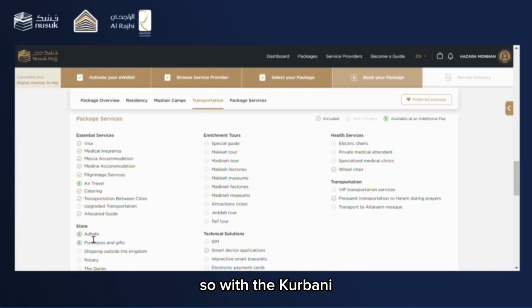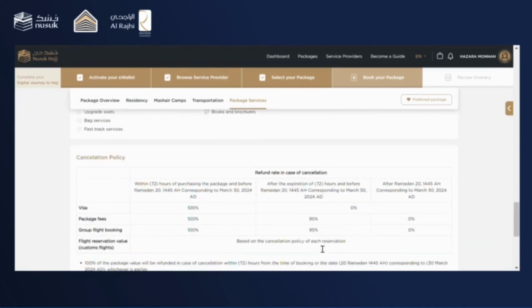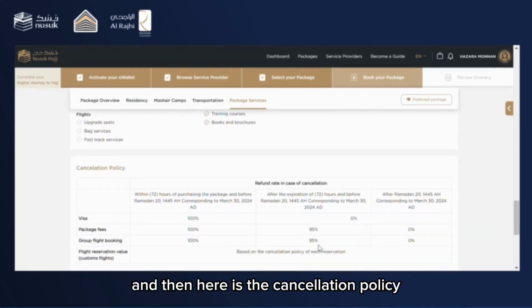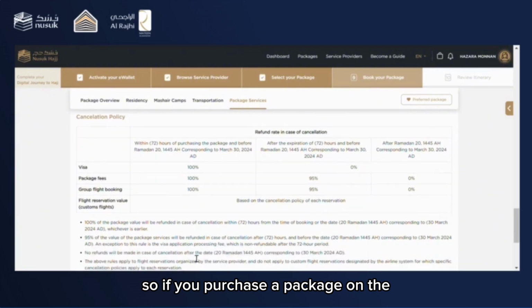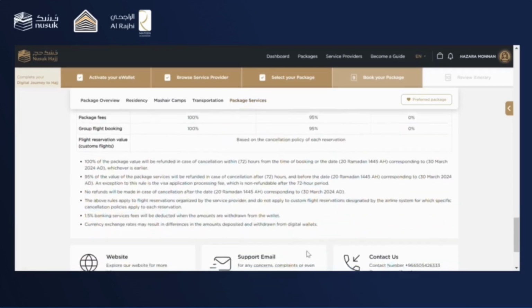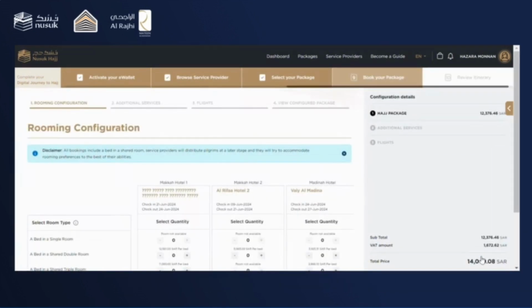With the Qurbani, don't worry about it, we will organize that in Saudi. So nothing to worry about. And then here is the cancellation policy. So if you purchase a package on the 6th of March, you've got 72 hours for a full refund, and then it goes by percentages. So if you scroll down here, you've got configure package. You click on it, and then you